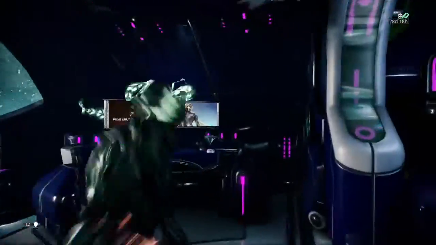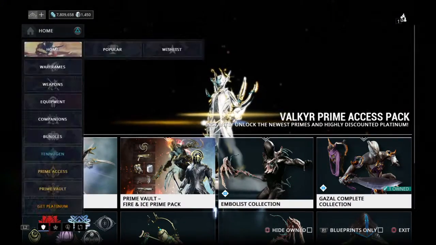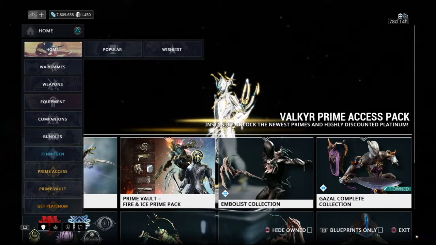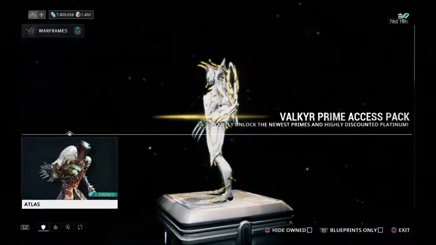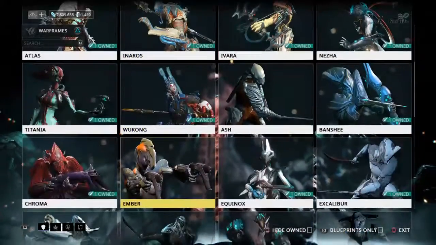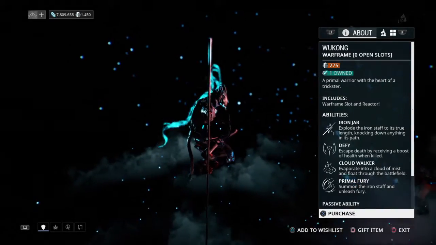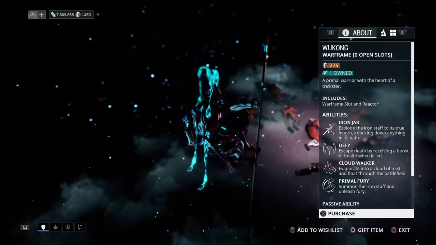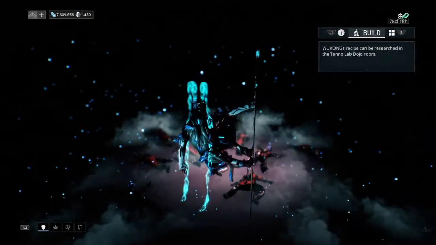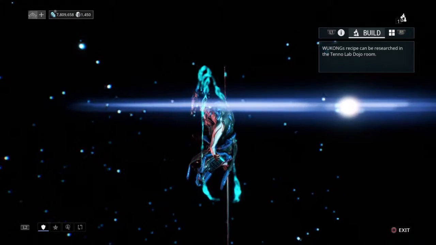Before we actually get into the full review, I think I should mention that he can either be bought in the market for a total of 275 platinum, and that will include a slot in a reactor, or he can be built in the Tenno Lab